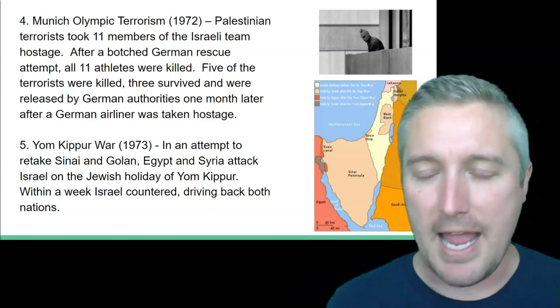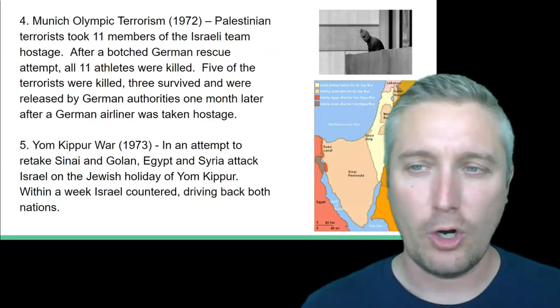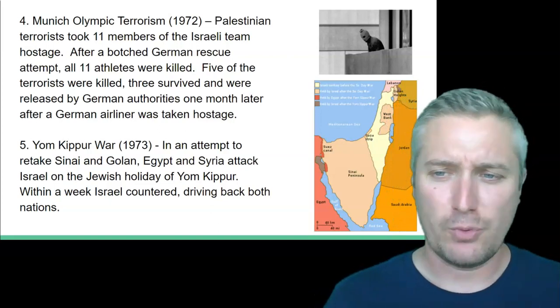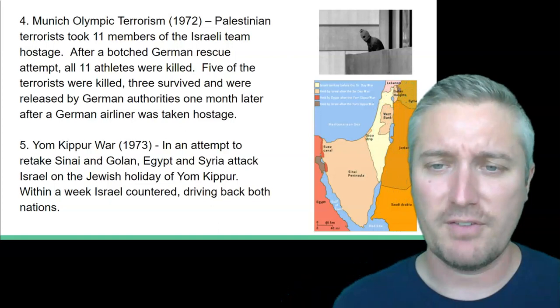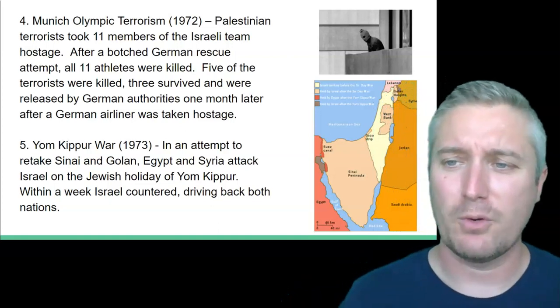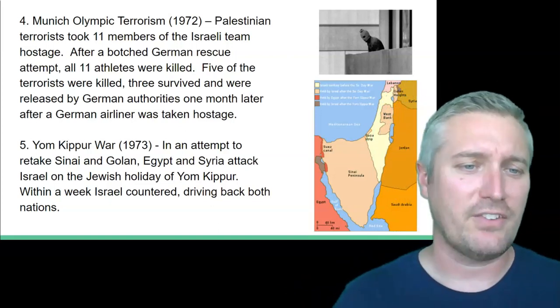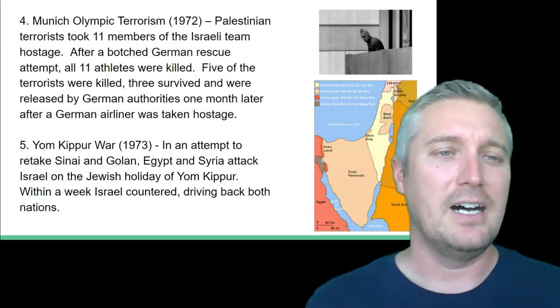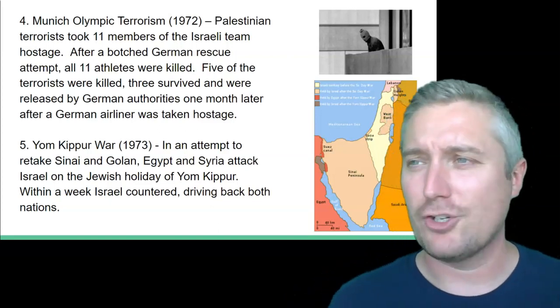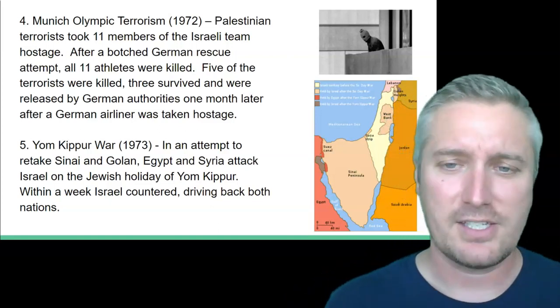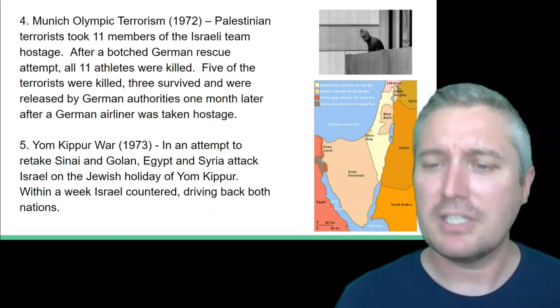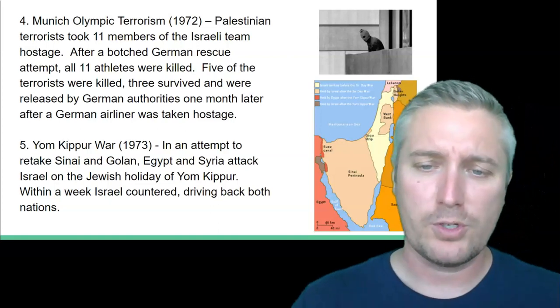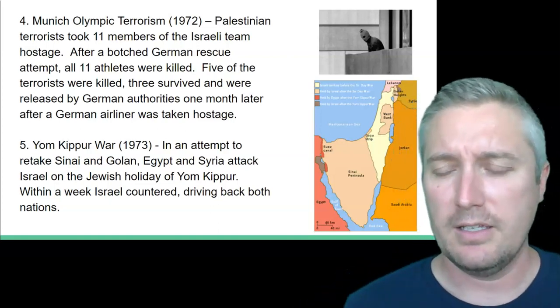Just a bad situation overall, and this would be one of the most shocking moments of the 20th century, and just very sad. The Olympics are supposed to be something where politics are supposed to kind of get set aside for a few weeks, and it just turned all about politics, and sadly people lost their lives as well. Now, the following year, we would have the next in these series of wars in between the Israelis and